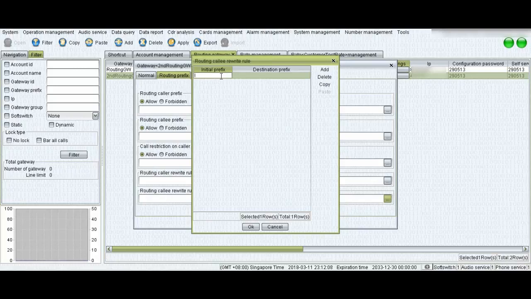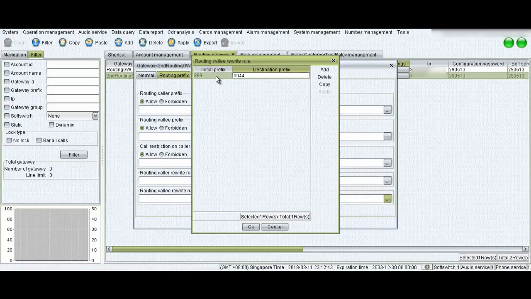Now initial prefix is the prefix that I'm getting from my customers, which is 889, and destination prefix is what prefix I want to send to my vendor or routing gateway. For example, my routing gateway wants me to send calls to UK landline with 0044.